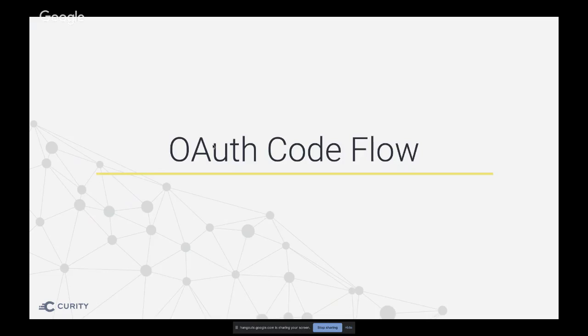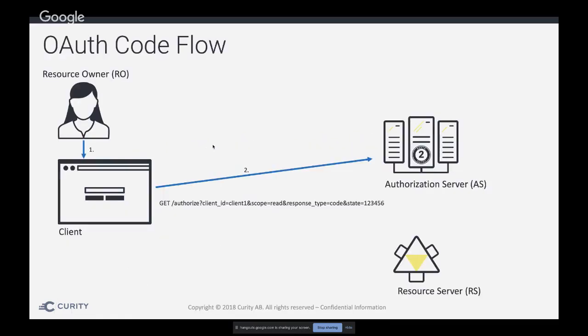This is the most common flow in OAuth. You'll see it everywhere. It's not, on the other hand, always used, and many times when other flows are used, that's because it was easier or they didn't have the capabilities enough to run the code flow, but it's very often the flow you should run, and here's why. So in the code flow, we involve all actors. We have the resource owner, and in this example,